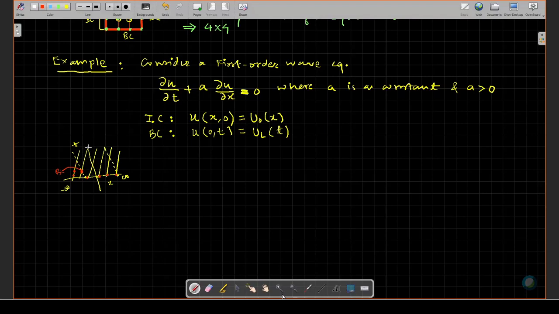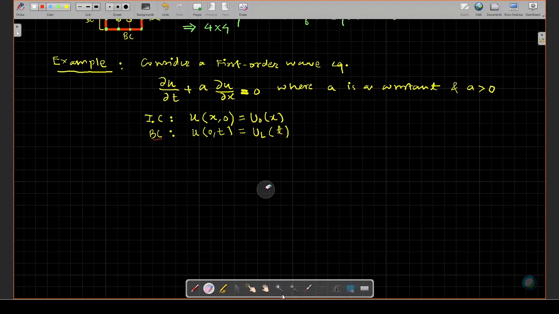But suppose this point is going up and it is reaching here at this location. In those conditions, specifying a BC here is a wrong thing. You cannot specify one end and another end along the characteristics. That is a property of the hyperbolic equations. If you specify it, it is called over specification of the problem. So that is the reason we have one BC only at the left, and the other boundary point is considered open.